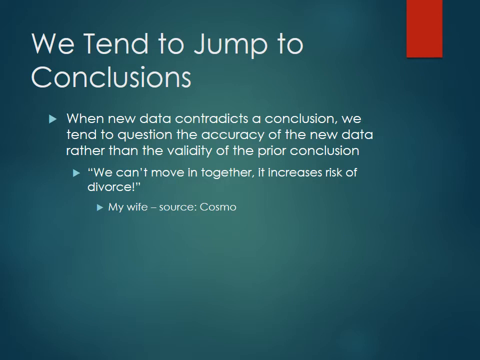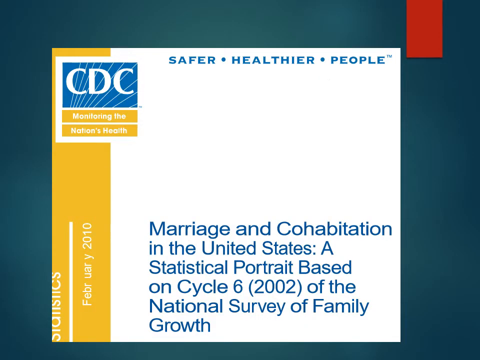We have one house instead of 2, it's perfect. And she goes, we can't do that. We're going to be more likely to have a divorce if we move in together. And I said, well, what's your source on that? She goes, Cosmo. Cosmo says we're more likely to get divorced if we cohabitate. And I said, no, that can't be right. Cosmo, they don't do rigorous statistical modeling and all these things. There's got to be something else there. So I decided to look it up.